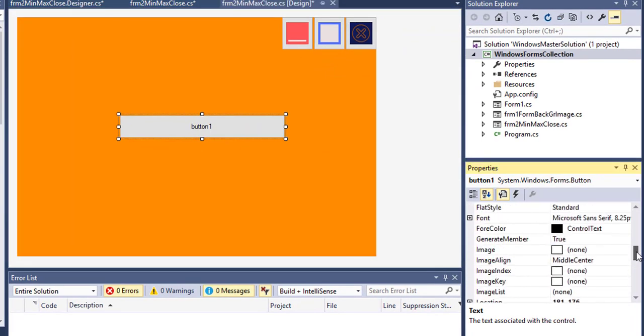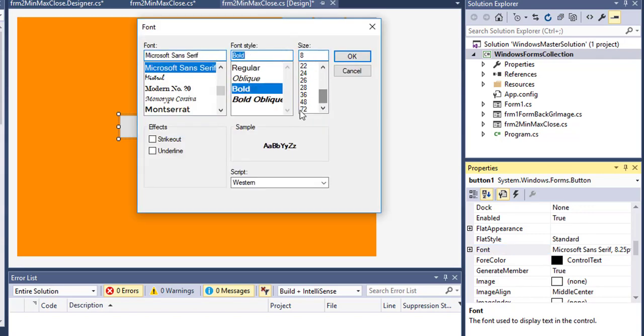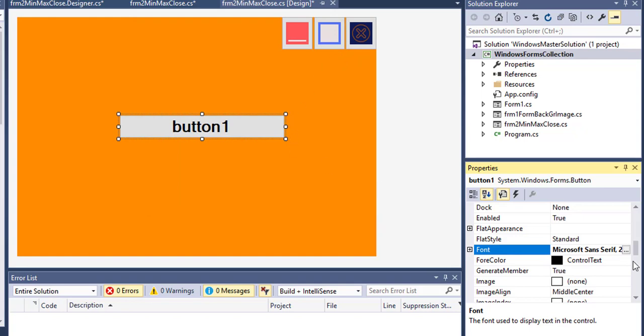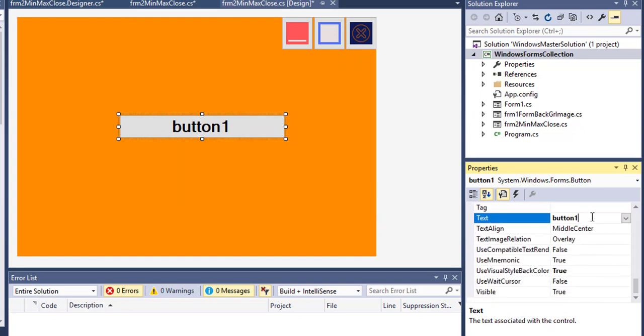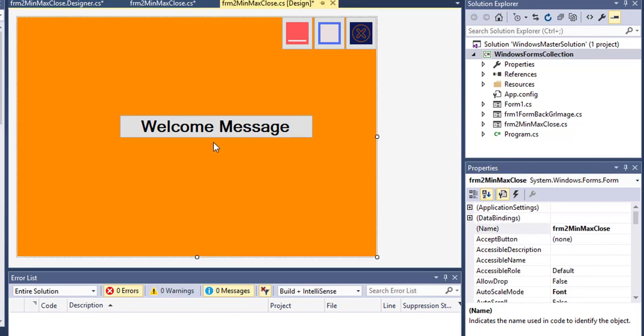To look nice I am changing some properties of this button. Now I will write the code in the click event of this button.